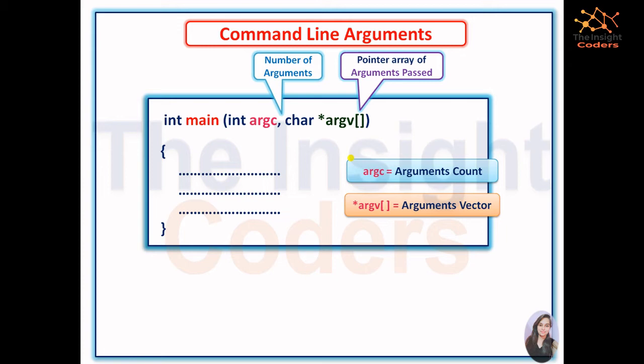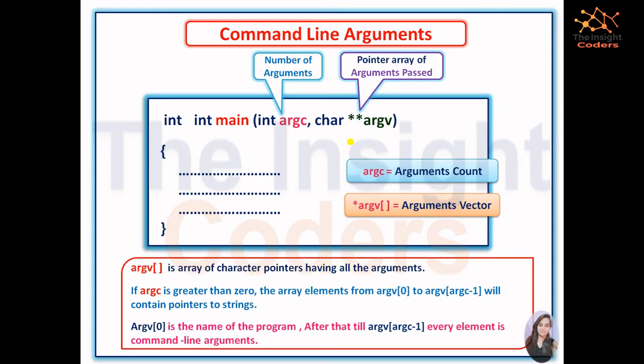So this is one way you can provide the command line arguments, and the second way is this one. Here what we are doing is char star argv. Which we were writing as star argv with square brackets, this can also be written as this one. Both are the same. You can do it in whichever way you prefer.